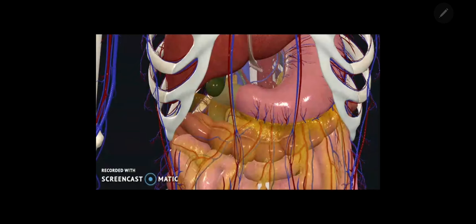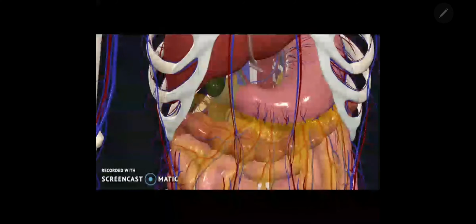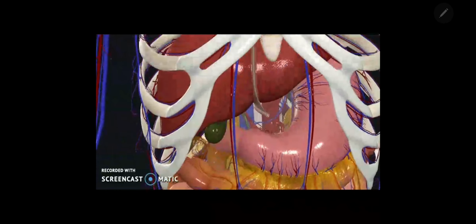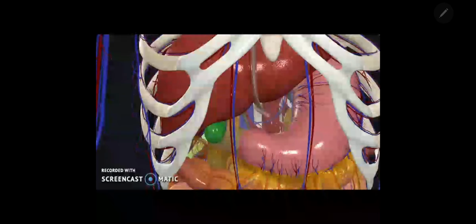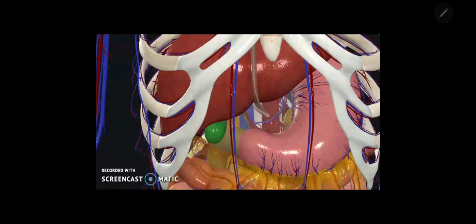And coming to the animation here, you can notice the stomach is continuing as the duodenum, and if you see the first part there, it is related to the neck and body of the gallbladder. And you can also notice the visceral surface of the liver is related to that. If you try to isolate here, we are isolating the liver, gallbladder and the duodenum along with the lesser omentum.